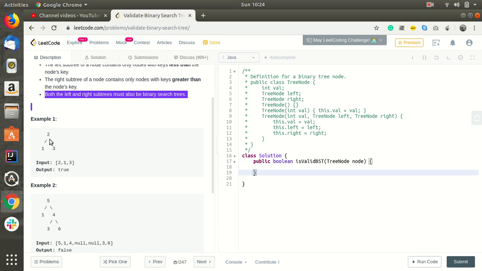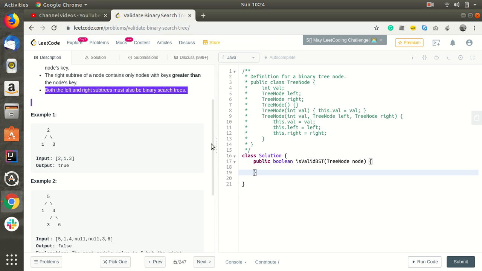Over here you can see this is a binary search tree, because it is following the rules. Root dot value is greater than the left child and smaller than the right child. Similarly, over here you can see